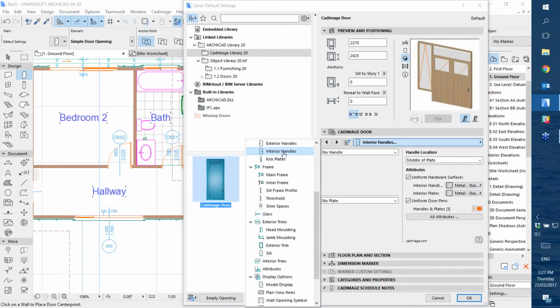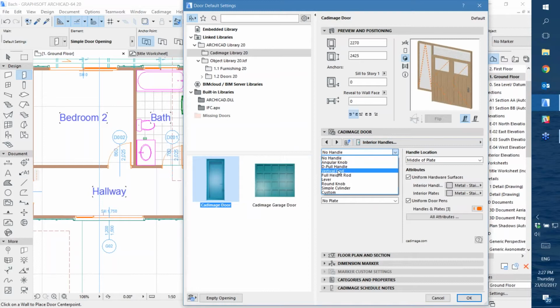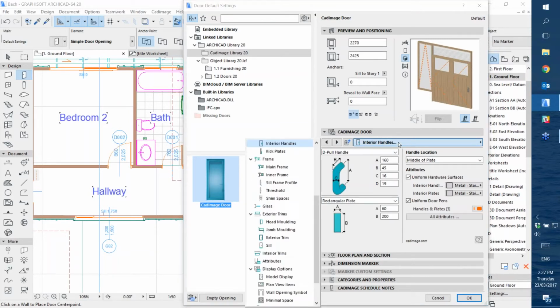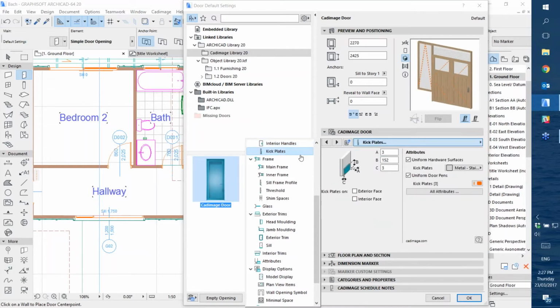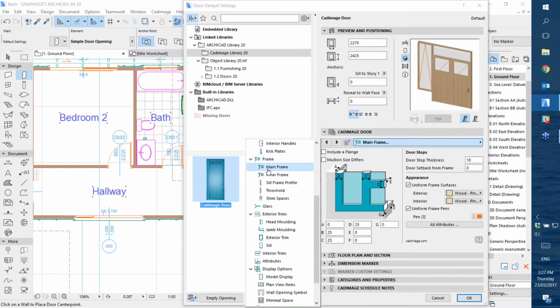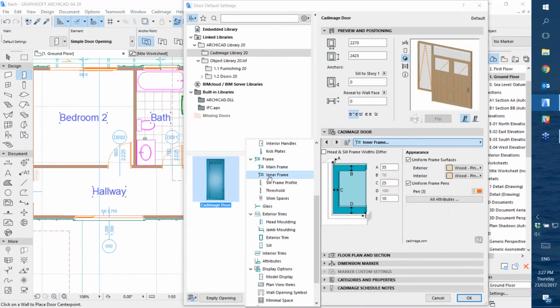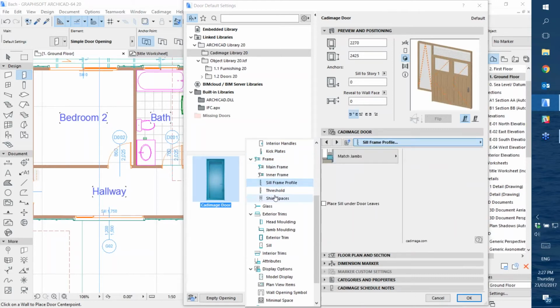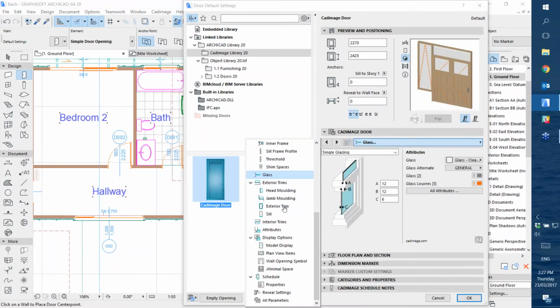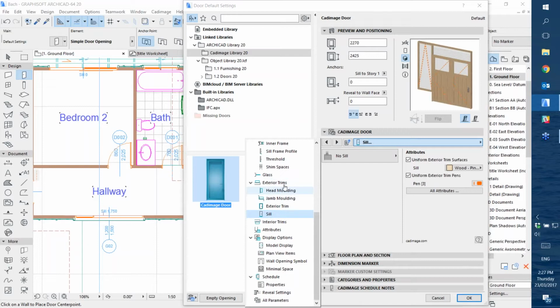And you can also do interior handles as well. So let's do the same on the interior. And you can see in my 3D model here that it's placed those on, and you can add kick plates here as well if you want them. The frame settings look very similar to the ones in the window tool, so not much to see there. Glass settings are exactly the same as in the window tool,